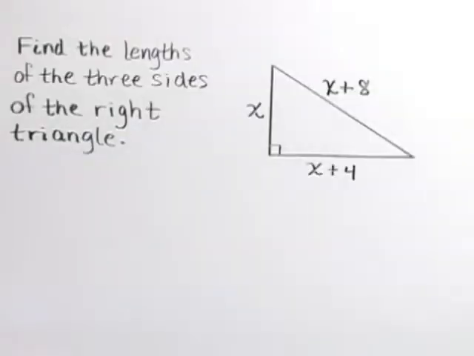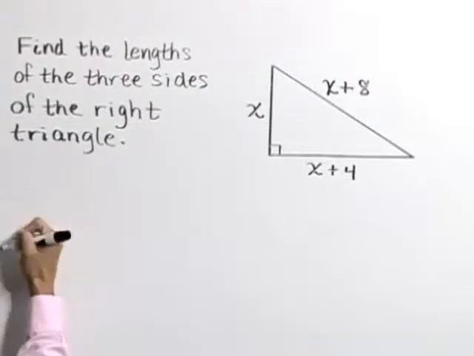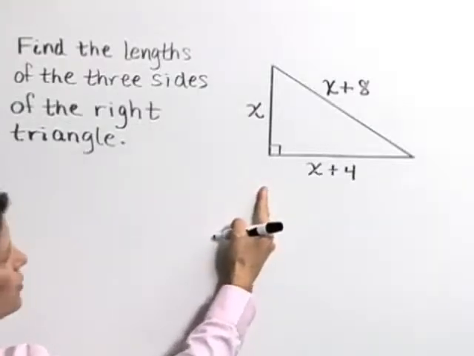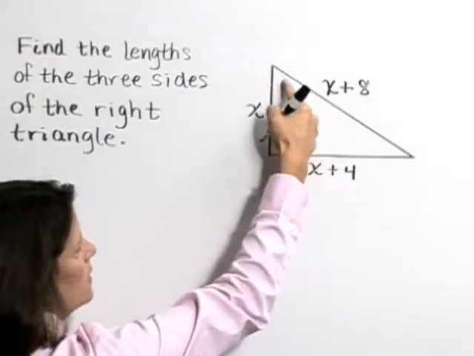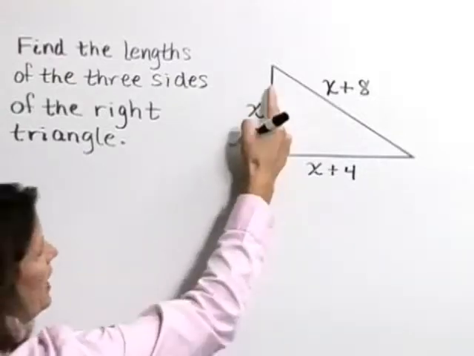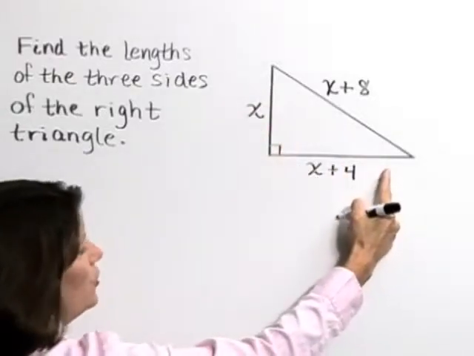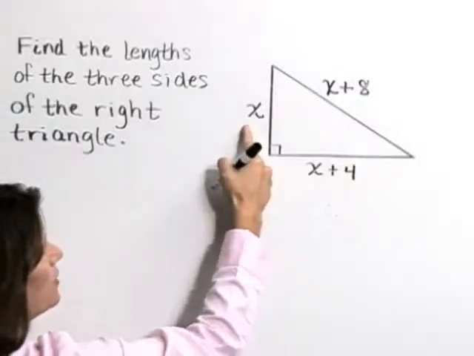Solve the problem. Find the lengths of the three sides of the right triangle. Here we have a right triangle with legs of x and x plus 4, and a hypotenuse of x plus 8. The Pythagorean theorem is used to solve for unknown lengths of right triangles, and it says leg